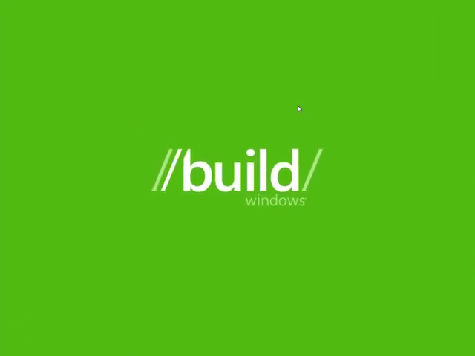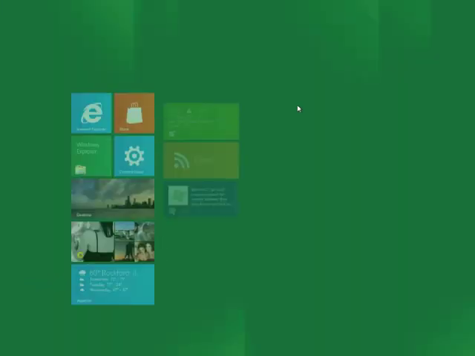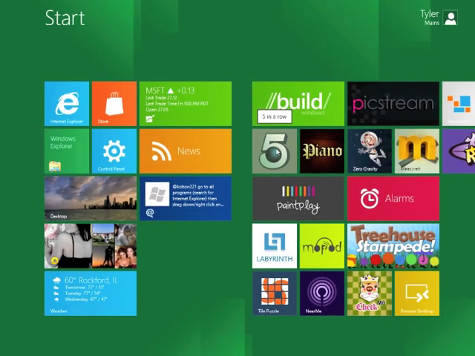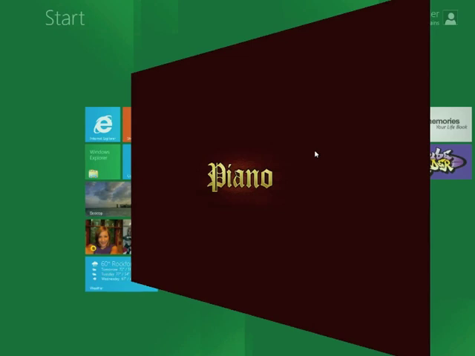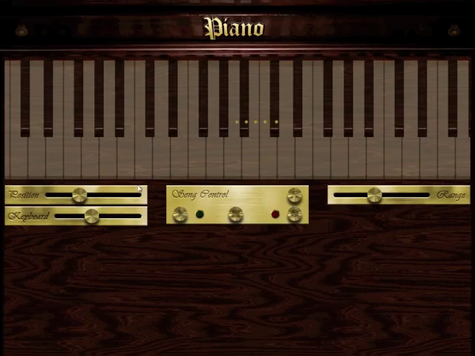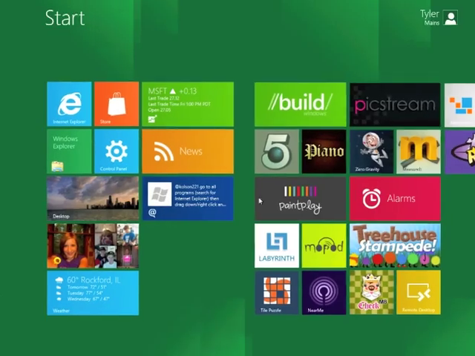Now this is the build. This is actually not that important. This is just a little feed for developers and stuff regarding the new build or the developer preview. Here's the piano app. This works best with a touch screen since there's obviously multiple keys. It's a little bit hard to do with a mouse. You can also use your keyboard as well, but that's a little bit tricky. And you can also select from a list of songs and stuff, but